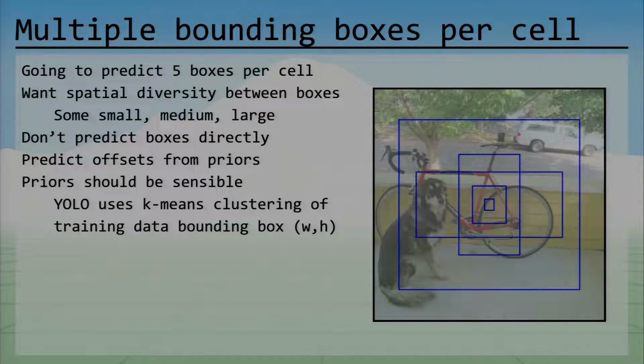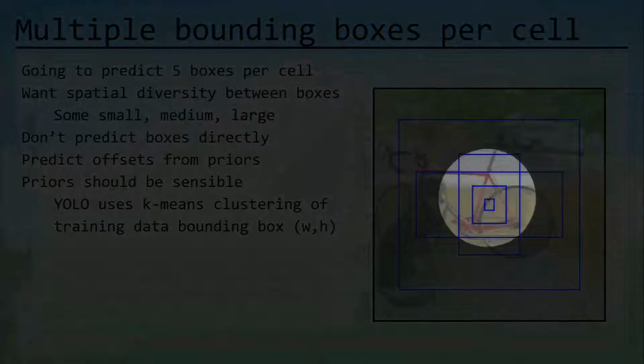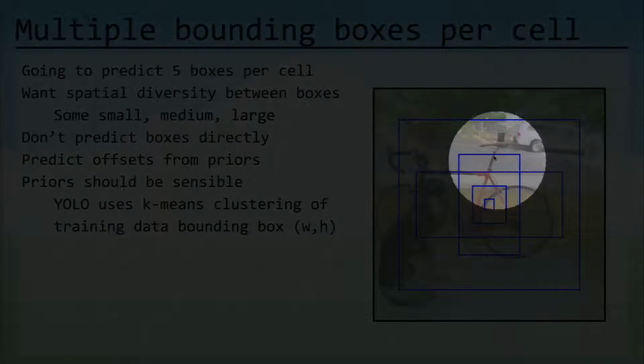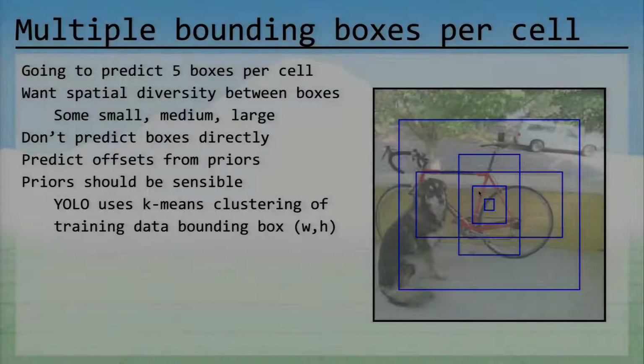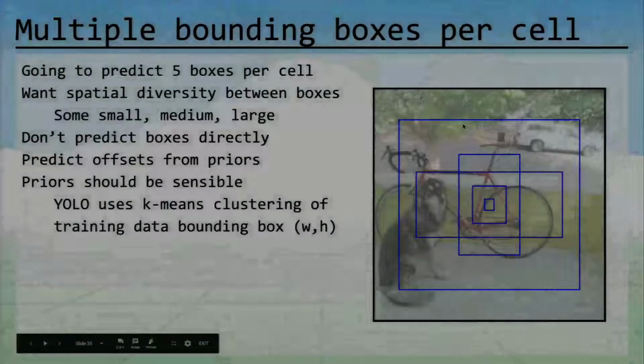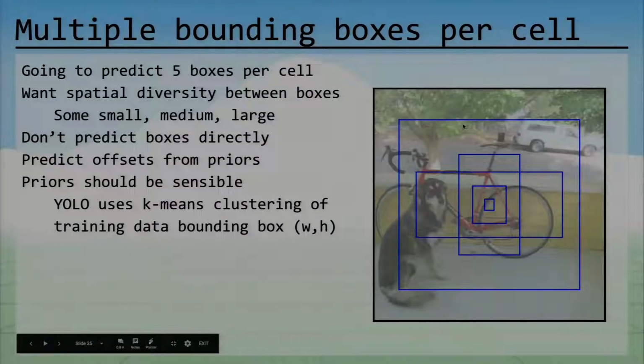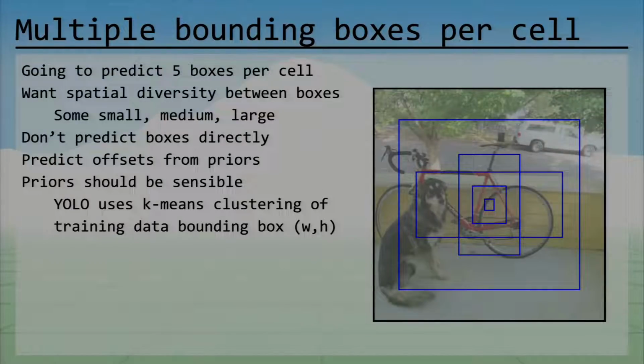And those bounding boxes are distributed over a bunch of different sizes, basically. So we have a really small bounding box, a slightly larger bounding box, a couple of medium-sized bounding boxes of different aspect ratios, and then one large bounding box that would go for really large objects in the image, or objects that take up the entire image. And we want this spatial diversity between boxes. We want to predict some small boxes, some medium boxes, some large boxes,